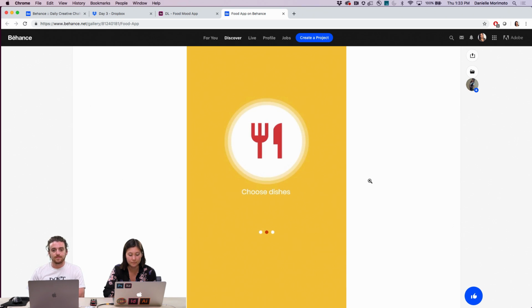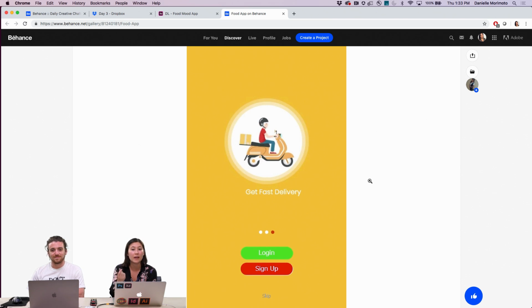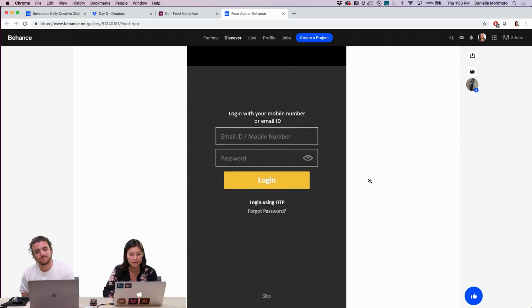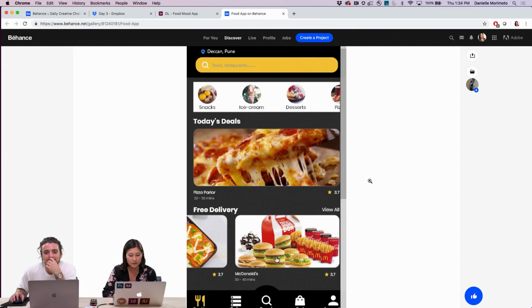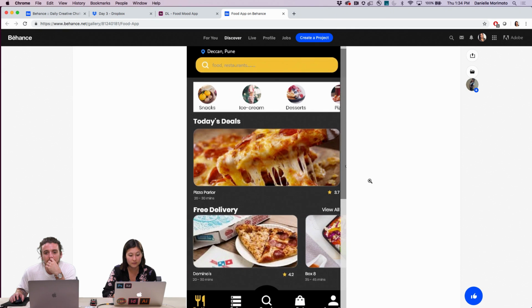Cool. Nice. I like how it's just a fade, because that's naturally the interaction you would expect. Nice. Vertical or horizontal scrolling. Cool.